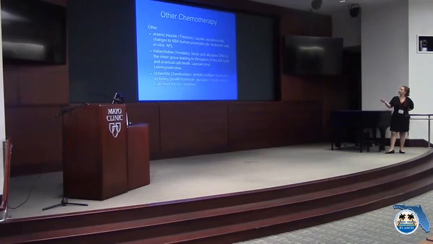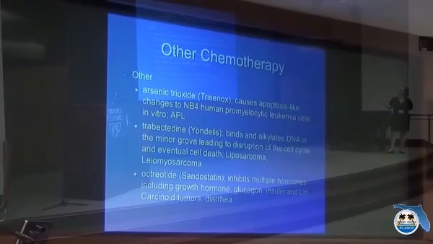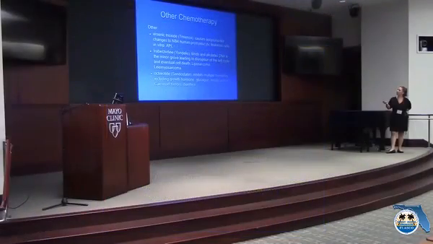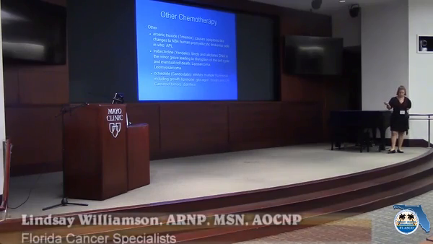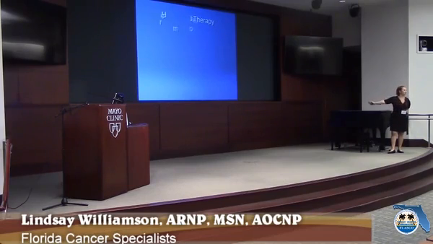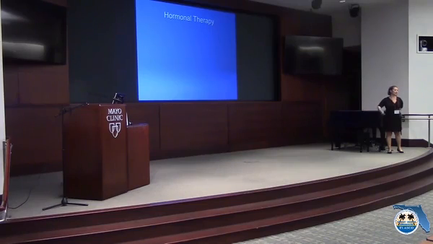Okay, and here's some other therapy agents that we use. The octreotide, it kind of manipulates hormones, glucagon. This is something we use in neuroendocrine tumors. Okay, enough of chemo. But at least the good thing is we have a lot of options for our patients. And the common theme with the chemo, if you think chemo, think you're sprinkling the whole garden and that there's good stuff going on, but there are a lot of side effects and toxicities